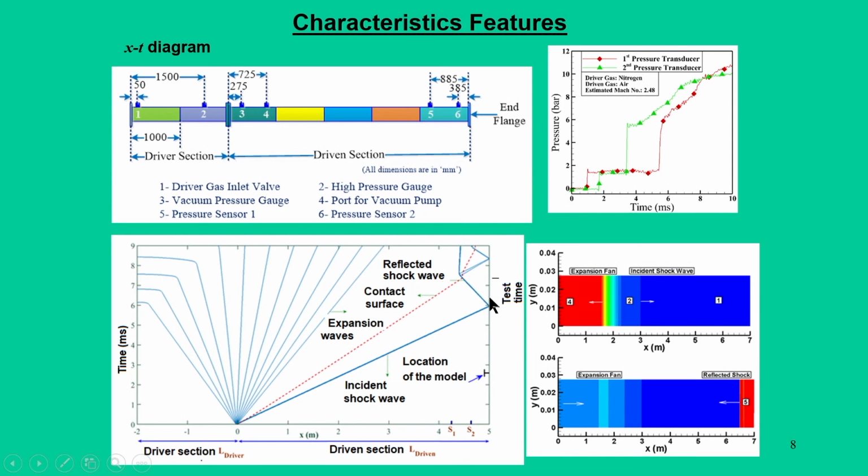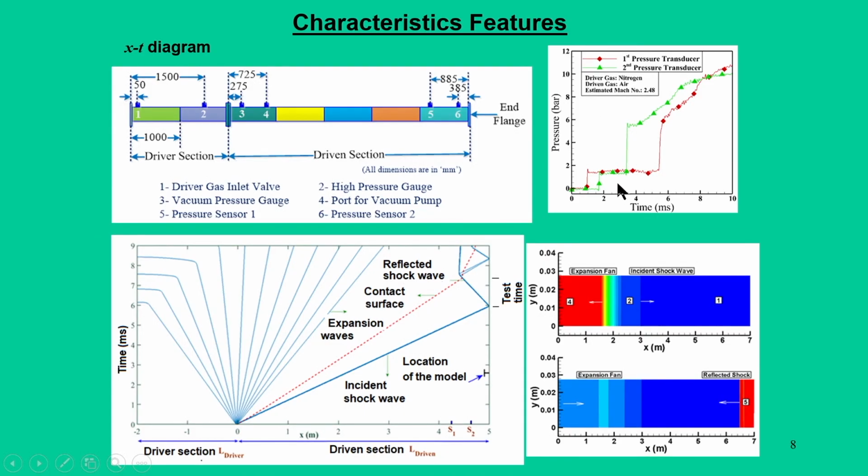This is about 1.1 to 1.2 milliseconds which was available to us. We did some simulations for this size of tube, and you can see that the momentary reservoir, the hot momentary heat source at condition 5, is available with a very high temperature region, and this is available for this short duration test time. And side by side, when you think about the pressure jump across the shock wave, we have an incident shock wave and a reflected shock wave, and we also have to quantify how much rise in pressure we have.